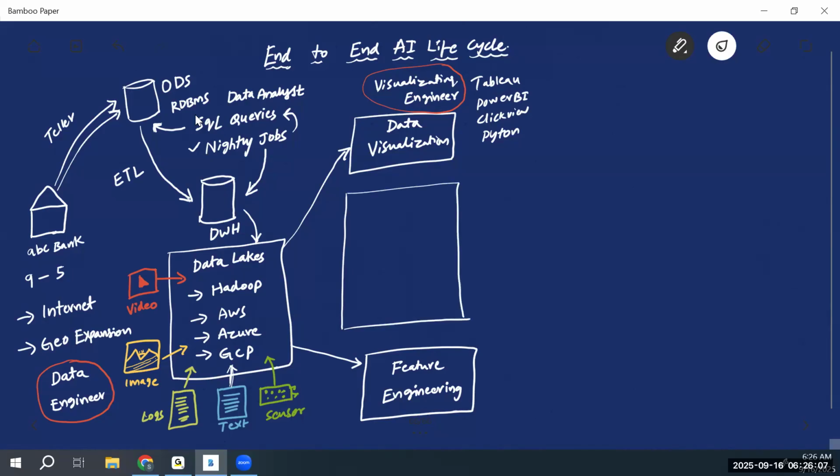So for modeling, we will try to make use of the data visualization. We'll try to make use of the feature engineering, and also the data gets fed from the raw data sources, the raw data lakes. So in the modeling, what we do, we have plenty of algorithms in machine learning and generative AI and other things. So we have something like